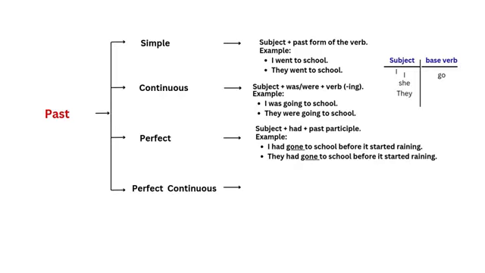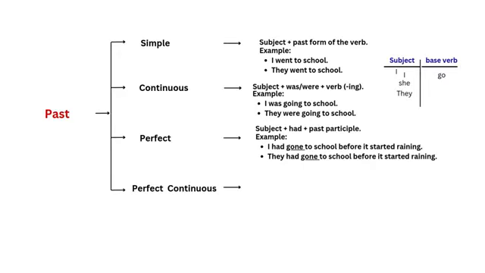Here, I is the subject. Had is the auxiliary helping verb. Gone is the past participle of the verb go. To school is the object. Before is a conjunction that links the two actions and shows the sequence in which they happened. It started raining is another action in the past, expressed in the simple past tense, that happened after the first action,